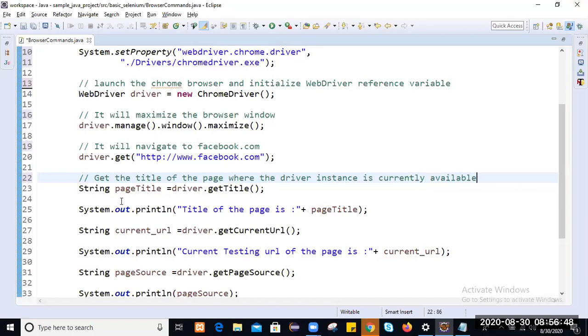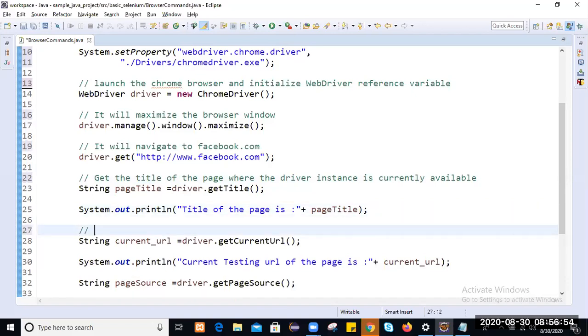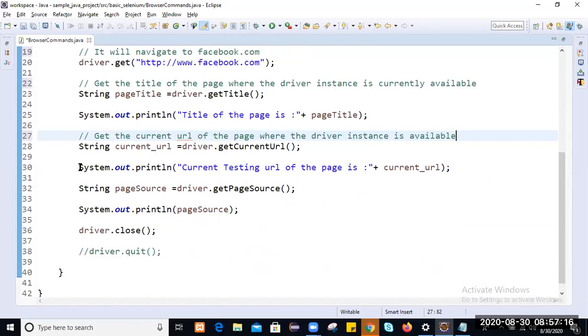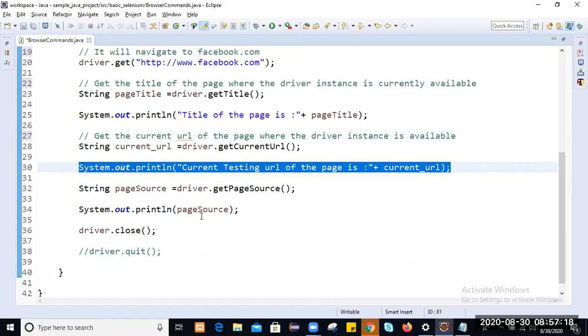So we are displaying the page title. It will get the current URL of the page where the driver instance is available, and will display it.